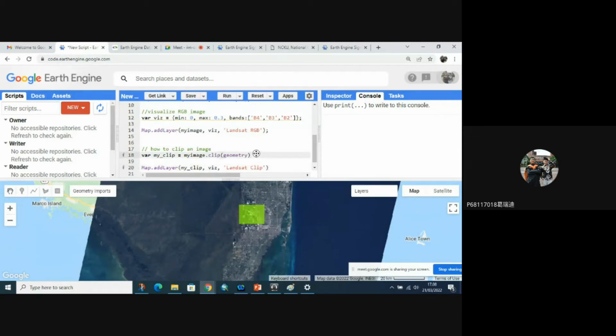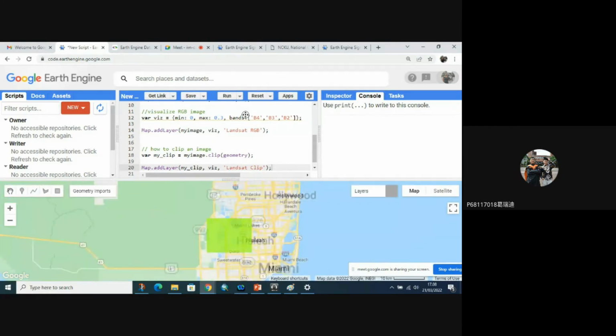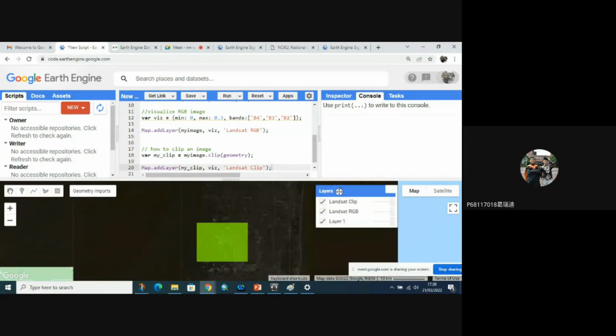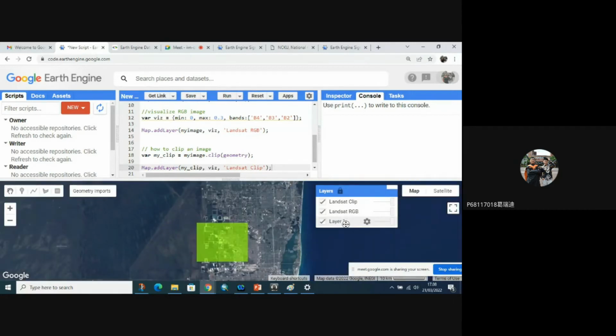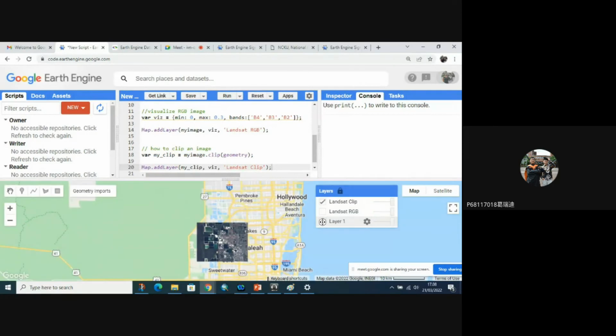Oh, I forgot the semicolon. Yeah, and run again. You will get three layers here: layer 1, the black and white image, the RGB image, and Landsat clip. Yeah, you will see the clipped image here.